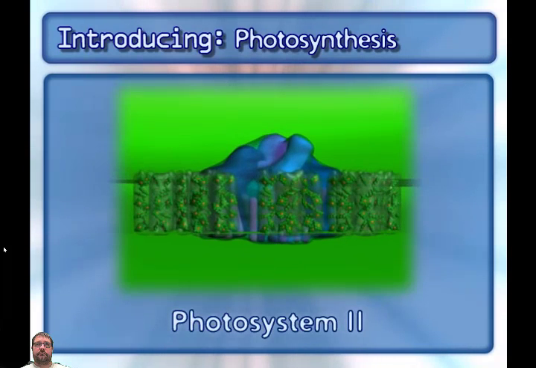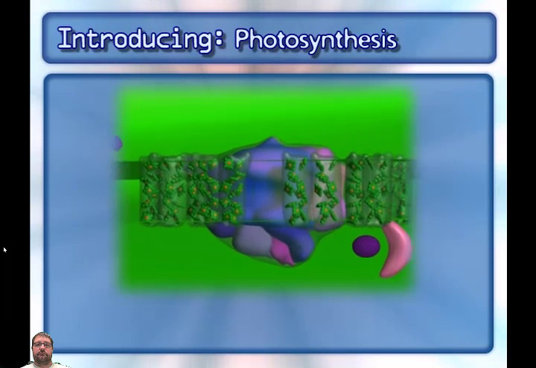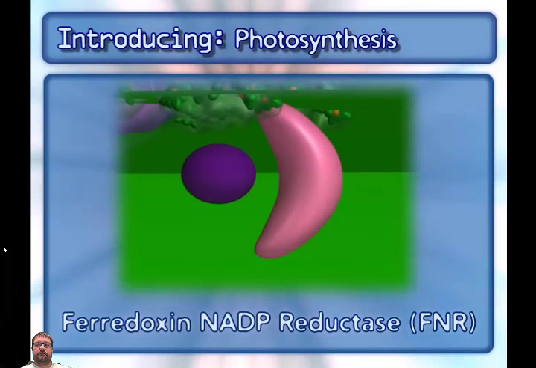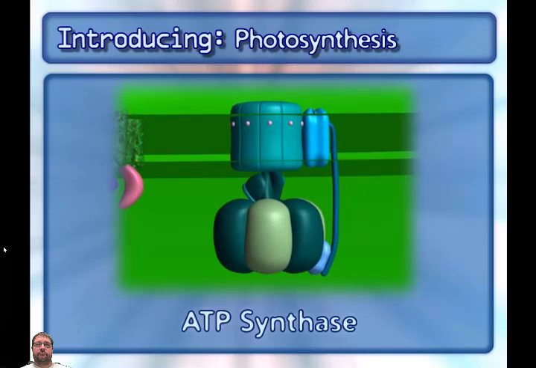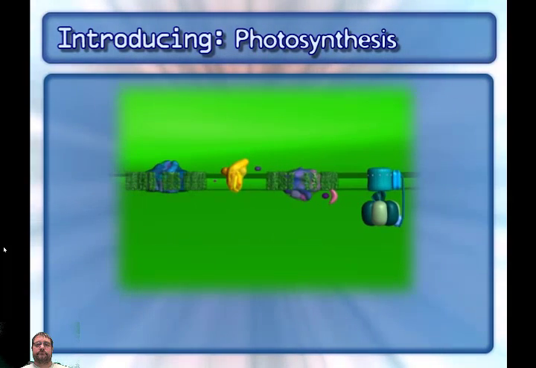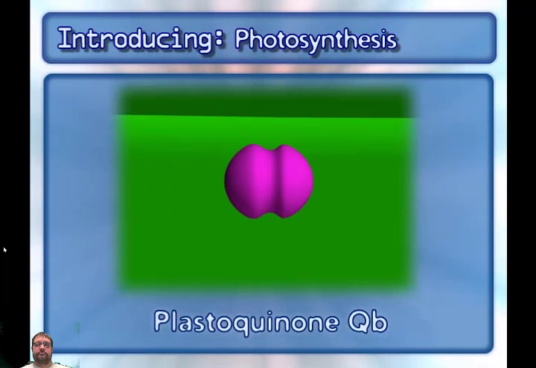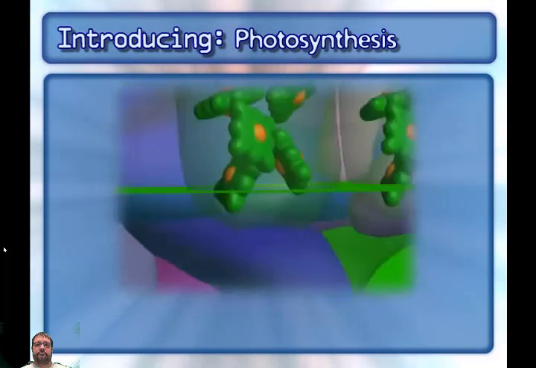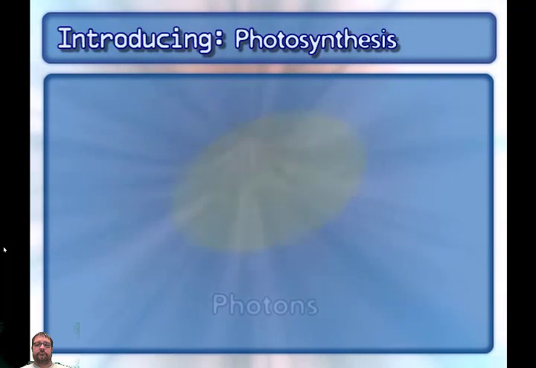Photosystem 2, cytochrome B6F, Photosystem 1, ferredoxin NADP reductase, and the complex that makes ATP, ATP synthase. In addition to the complexes, 3 mobile carriers are also involved: plastoquinone QB, plastocyanin, and ferredoxin. Other key components include photons,